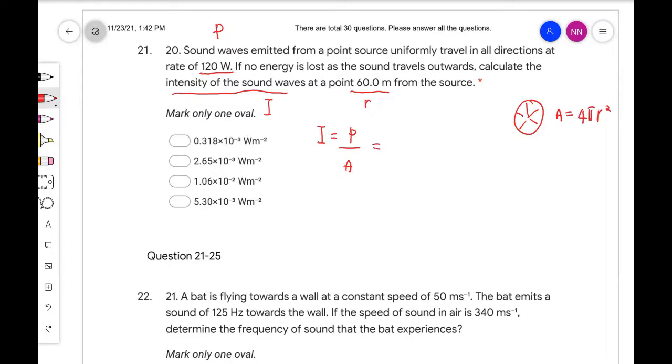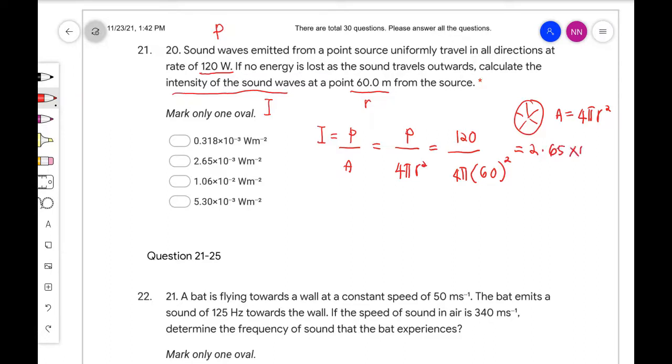So intensity equals power over 4 pi r squared. Substitute power 120 and then substitute r, 60 meter, squared. So the sound intensity equals